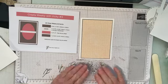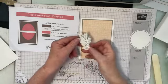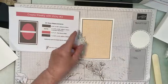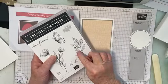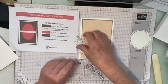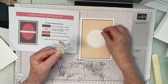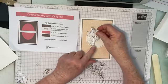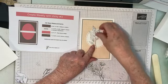So we're going to do that. We've done that. Now I've already pre-stamped and fussy cut this leaf. I love this leaf actually. That leaf. And I did it in Smoky Slate. And we're going to put that there. And we're just going to put that there like that. Okay,